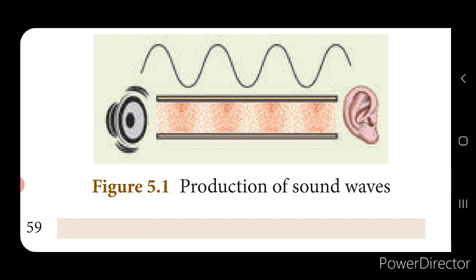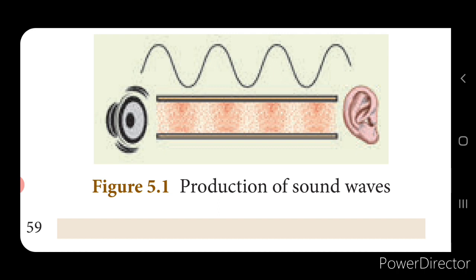We have learnt about the properties of sound in 9th standard, isn't it? We have also learnt about what an echo is. Basically we have to understand how sound is produced and how sound reaches our ears from the various sources. What is sound, whether it is a force or an energy? These are the basic things that we have to learn, and we are going to learn all these in this lesson.